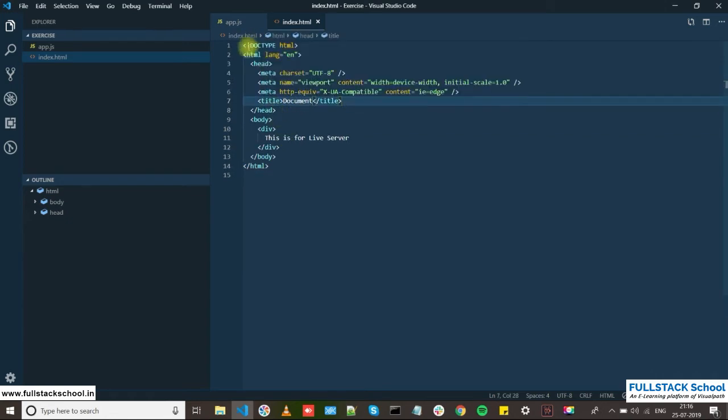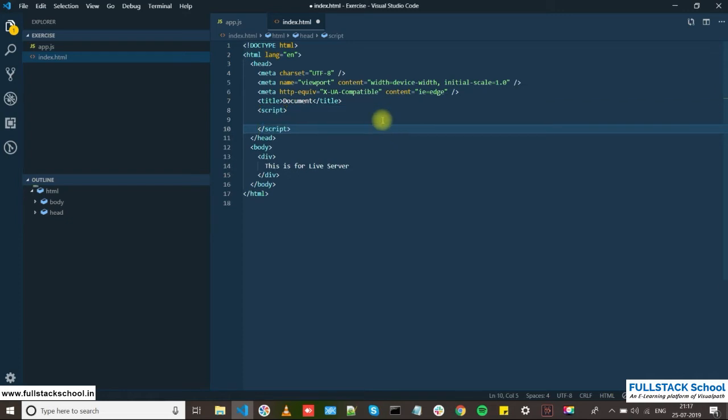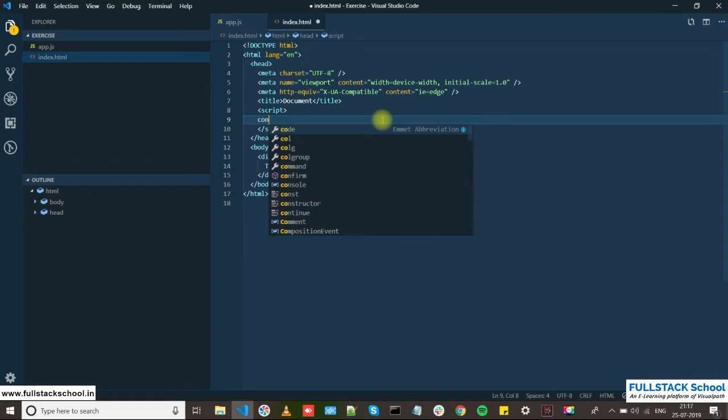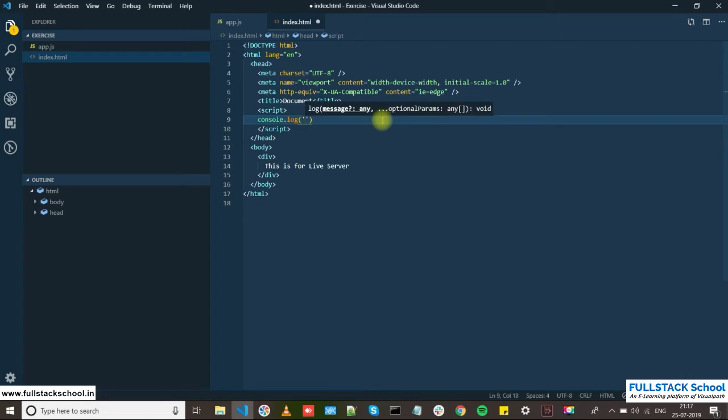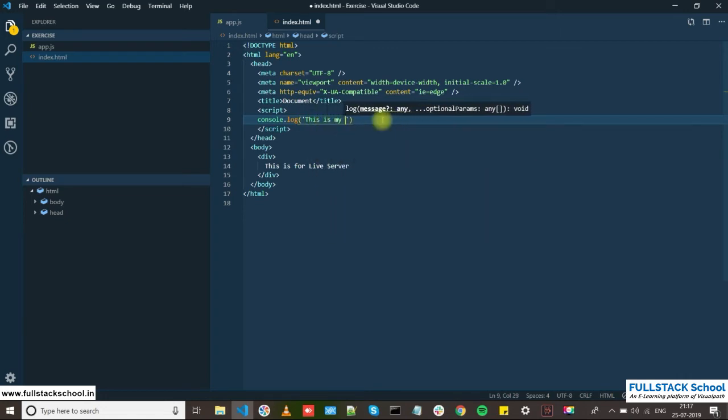This is the HTML that we have typed so far. Let's try a script. Inside the script tag, I can do console.log("This is my first JS").